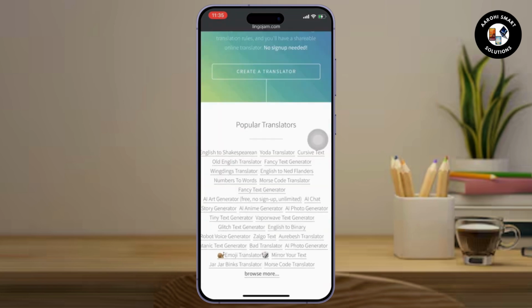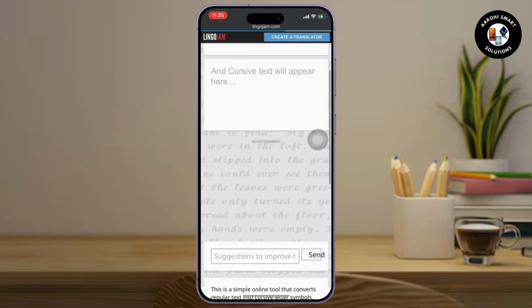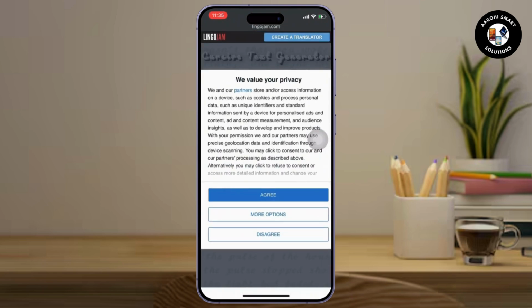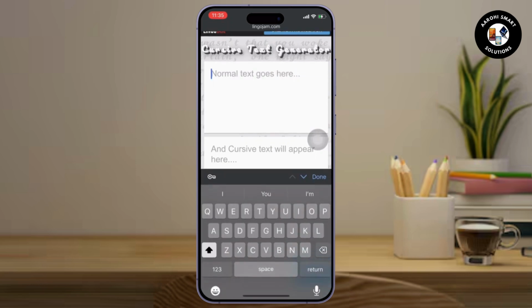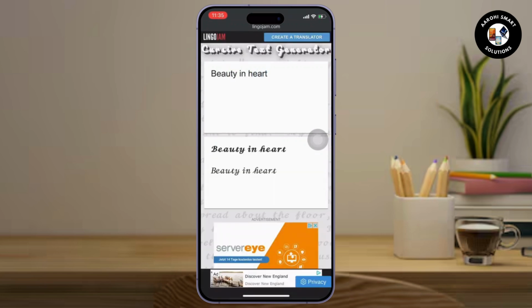see a lot of options there where we can simply generate anything, but I like to add cursive, so I will add a normal text there and the cursive will appear right below. So here I am writing "beauty is heart." So after we can simply copy the cursive part, and after copying it we can go back to our